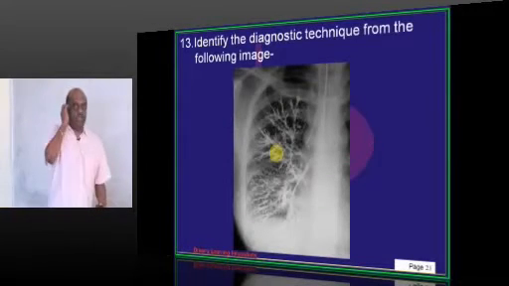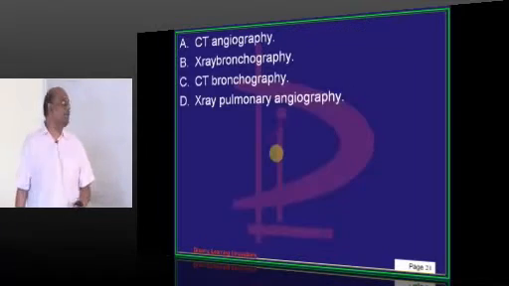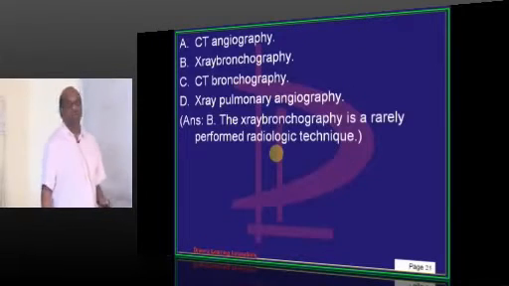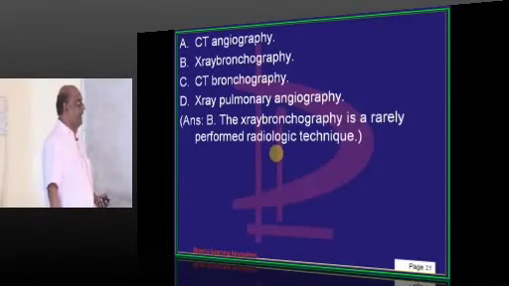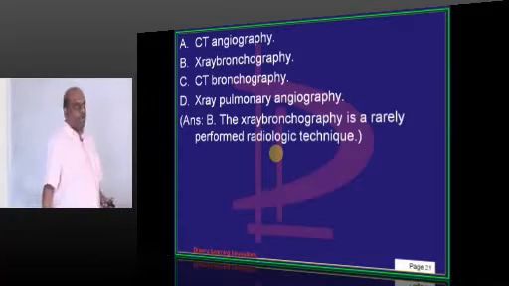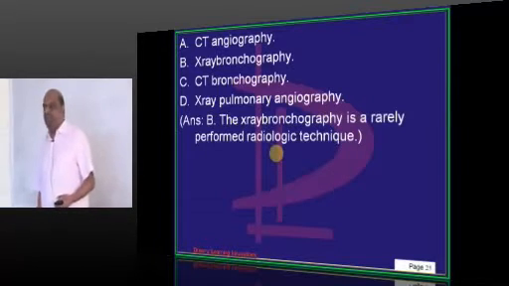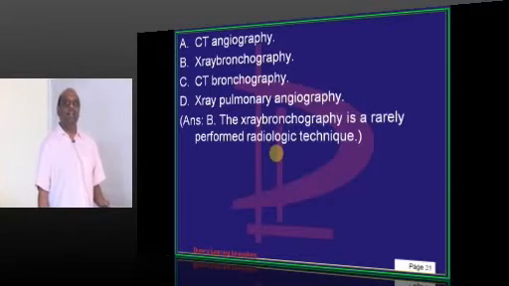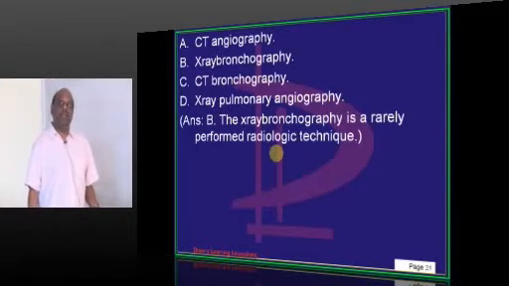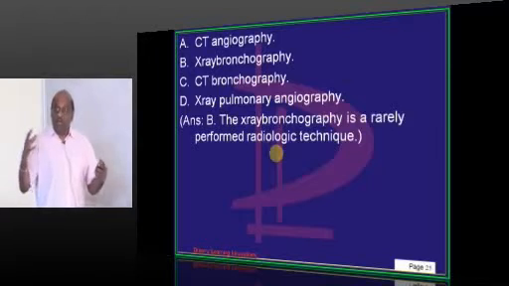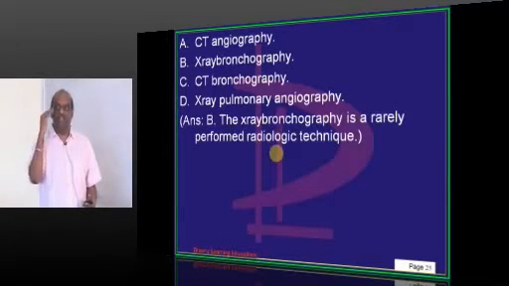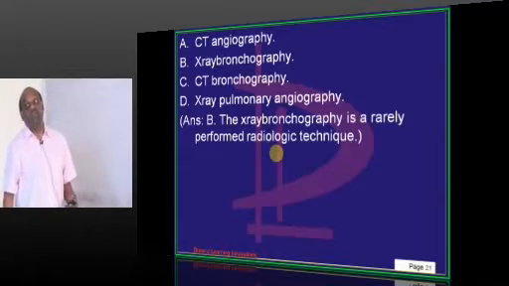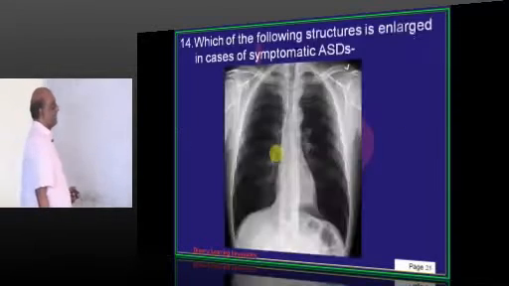Now what is this diagnostic technique which is being shown called as, simplest question? It's an X-ray bronchography, but in the modern era of CT, MRI, virtual colonoscopy, and there is something called as fMRI sequence. Whenever you are thinking, what you are thinking can be known based on the changes that happen in the chemical structure in the brain. fMRI sequences. So